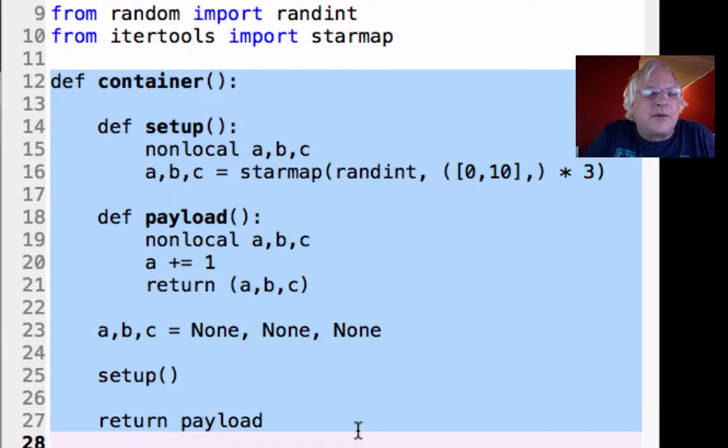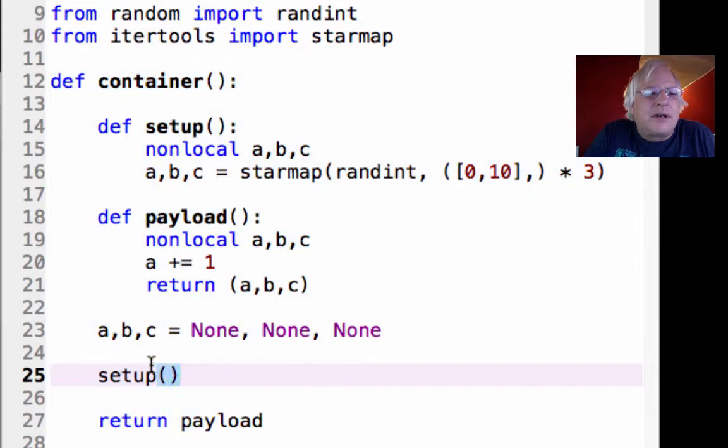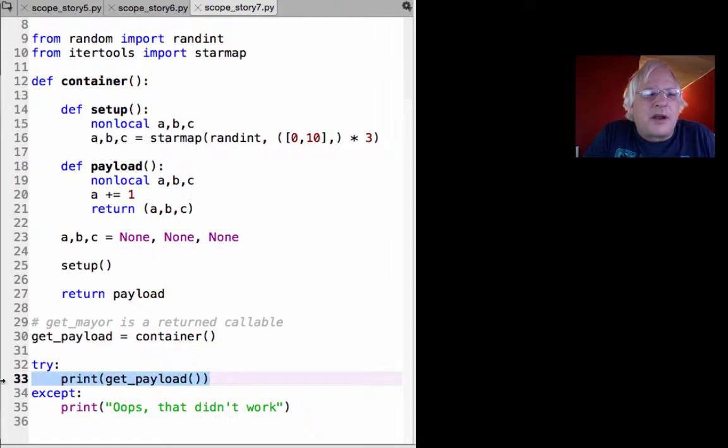If this thing gets run, which it does, it gets run even as container is being run. So container gets defined first, and then when we actually call container, which I do down here on line 33, I actually don't call container, I call what container returns at that point. So on line 30, I should say, that's where I call container, obviously.